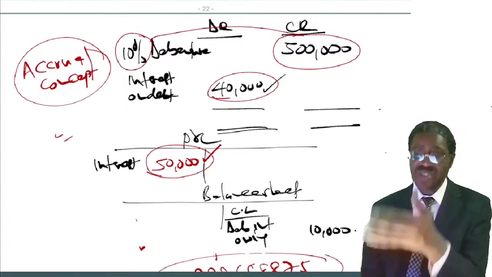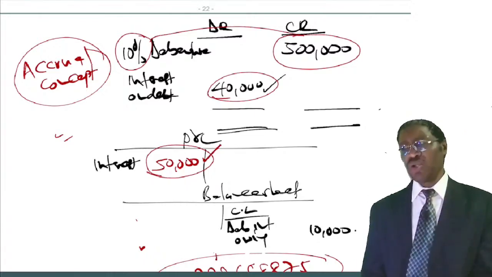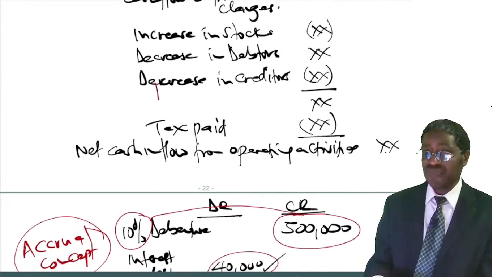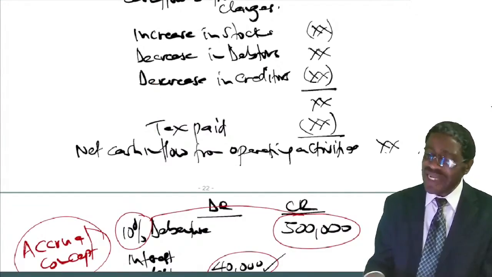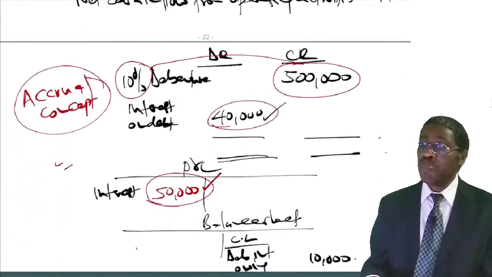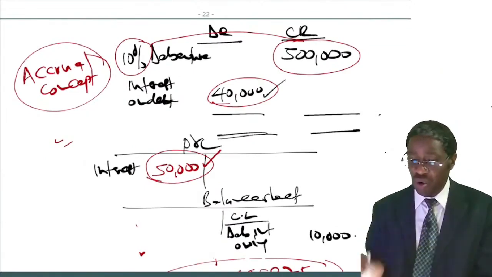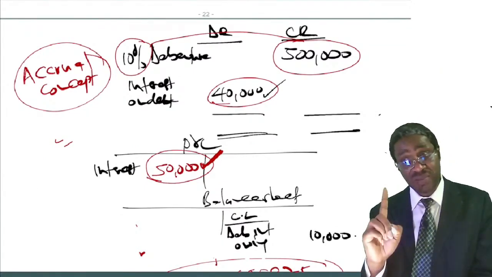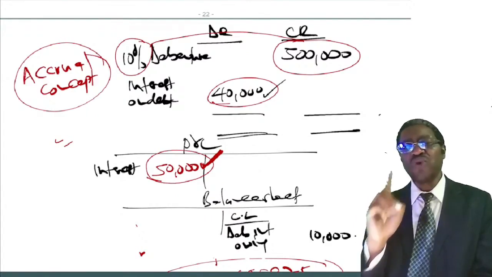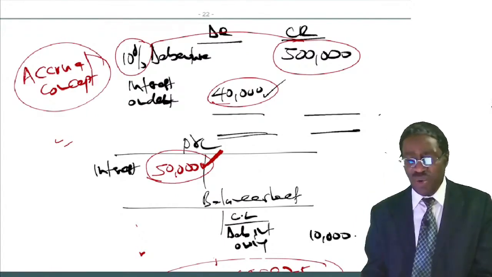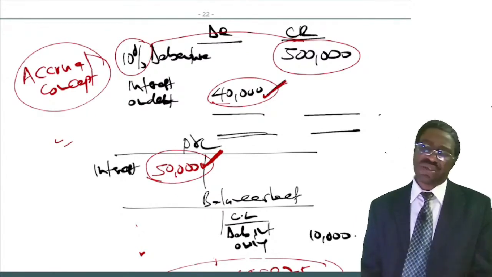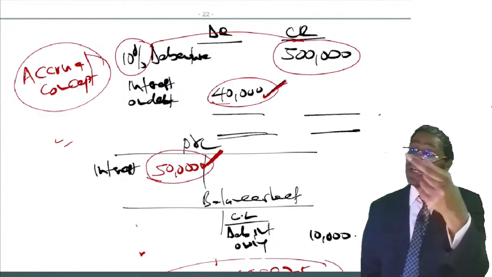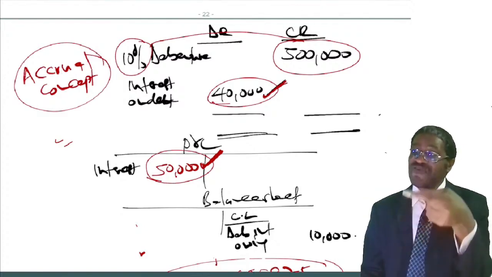Okay? Listen to this now. Some books don't call it interest. Some books call it finance cost. So among the non-cash items, you have a non-cash item called finance cost or interest charge of 50. When you will be doing your cash flow statement, where will the 40 go? We paid 40. That 40 will now be recorded among the financing